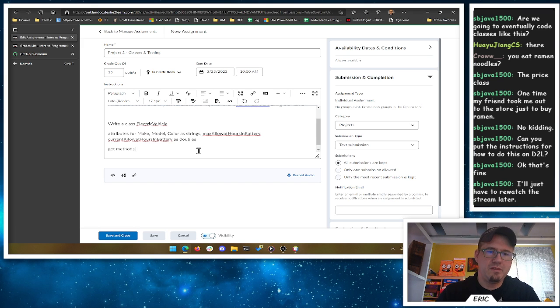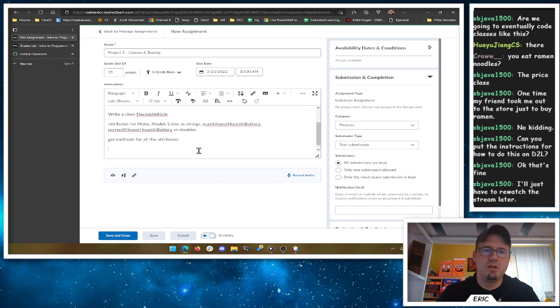So we need get methods for all the attributes. We want a set method only for color. Okay. The only thing that changes in a vehicle here, and yes, the current will change, we'll get to that in a second, is the color. Once you have a Chevy Bolt, it will never not be a Chevy Bolt. Right? Technically, the max kilowatt hours does change, but we're going to pretend that physics doesn't apply here. This is programming land. We're just going to pretend stuff. And we'll say the battery will always have the exact same max. I know it doesn't actually work like that, and eventually the battery degrades and that sort of thing, but we'll pretend.